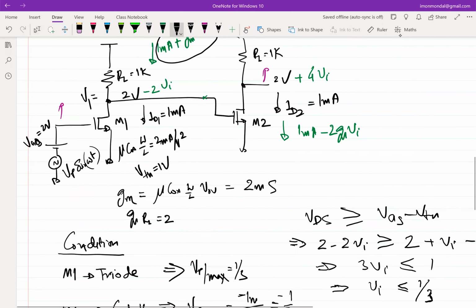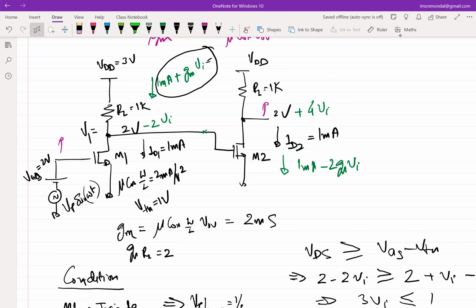So which condition am I in? Yeah, current is 0, right? When we set up the total circuit, we had figured out the total incremental current and quiescent current. So this we have to set to 0. If we set this to 0, what do I get? Vi to be equal to